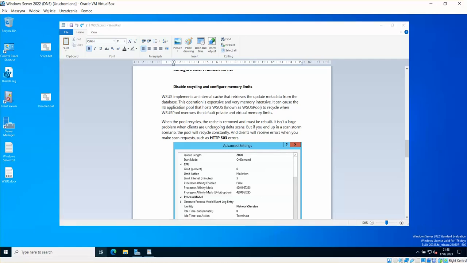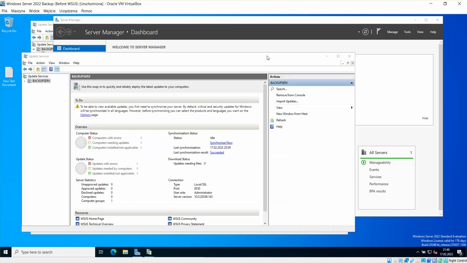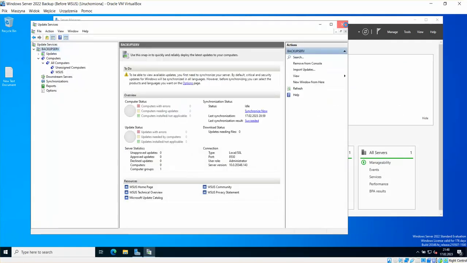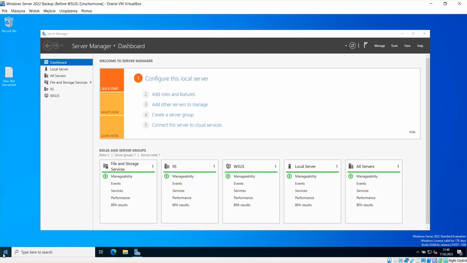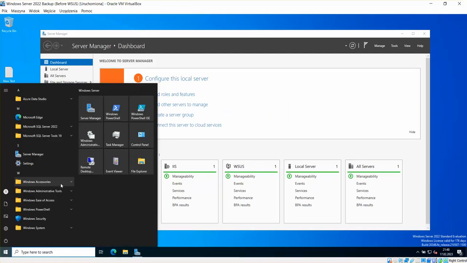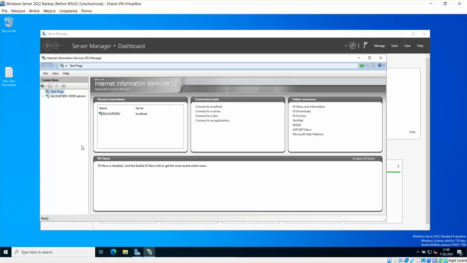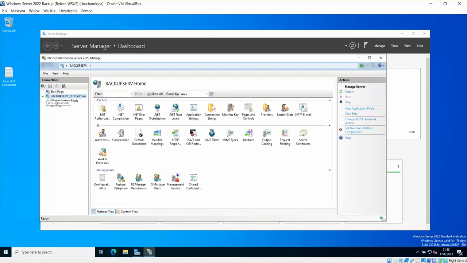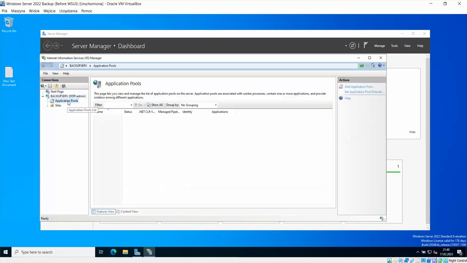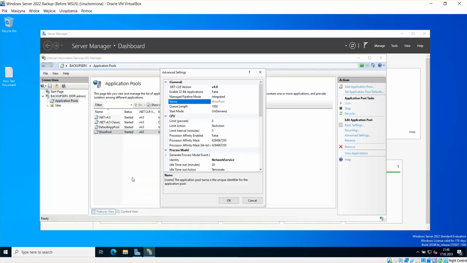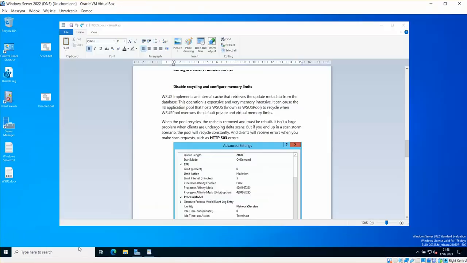So we need to open, I'm gonna close WSUS for now. We're gonna open the web server. Okay. Let's go to application pools, and we have WSUS pool here. We can configure it. So advanced settings, and here we need to change some settings. So